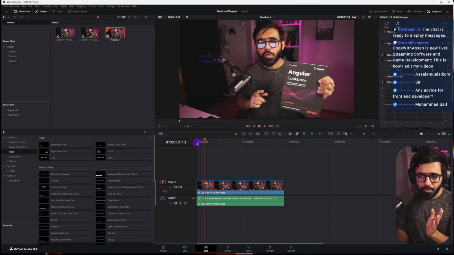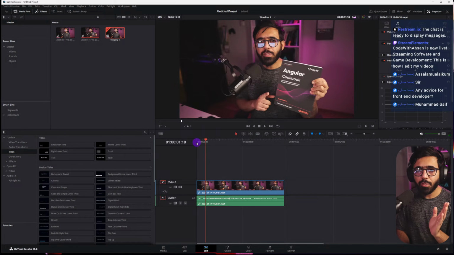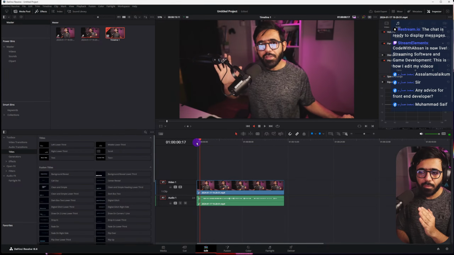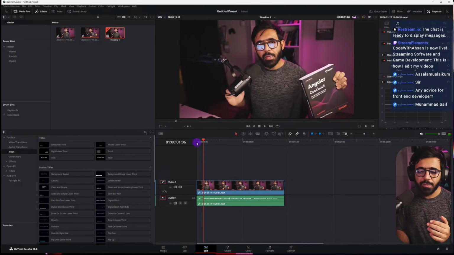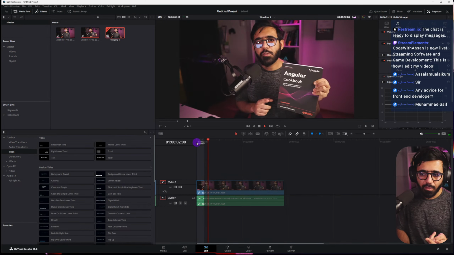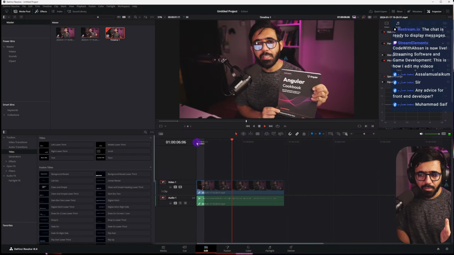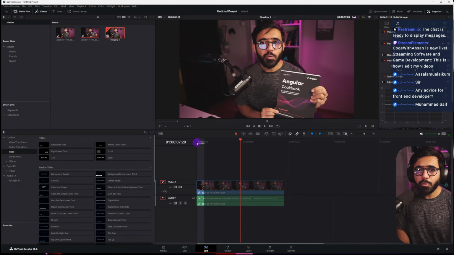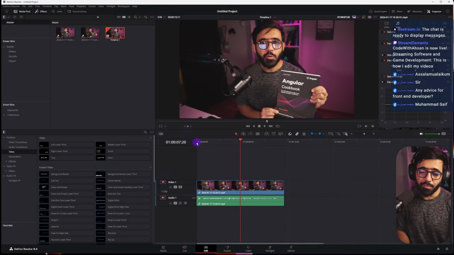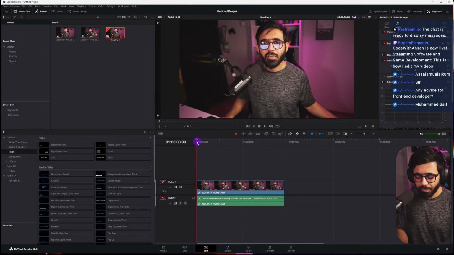If you press J, then it's going to go backward and reverse. If you press the L key twice, then it goes twice as fast. If I do it one more time, or press L 3 times, then it essentially goes 3 times as fast. So for example, if I'm here and I press L 3 times,